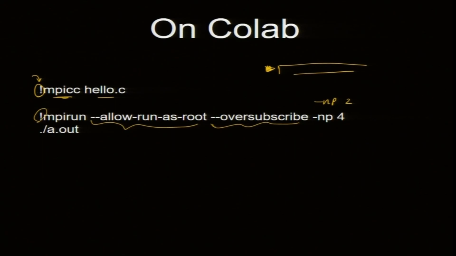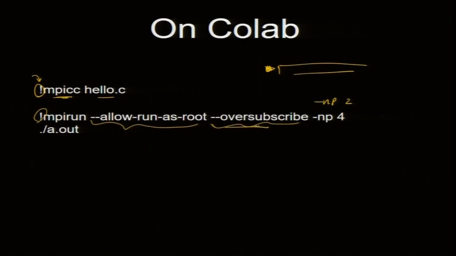So your code will run, for testing, but it will not give a speedup. In your laptop also you may have 4 cores, but you can create 8 processes. This is for testing; in HPC you should not do it, but for testing you can try it out. This was oversubscription: I am creating more processes than cores, I am oversubscribing. So these are the 2 additional things we need to use for MPI.